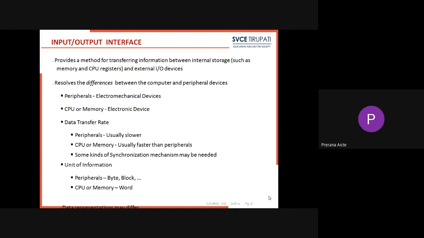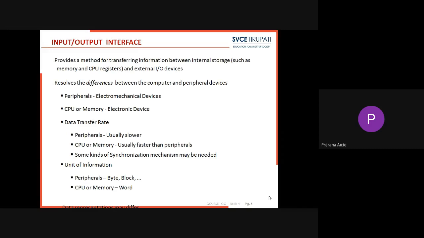What is data transfer? Data transfer of peripherals is slower than the transfer rate of the processor. Consequently, a synchronization mechanism may be needed. Some data codes and formats in peripherals differ from the word format in the CPU and memory. The operating modes of the peripherals are different from each other, and each must be controlled so as not to disturb the operation of other peripherals connected to the CPU.